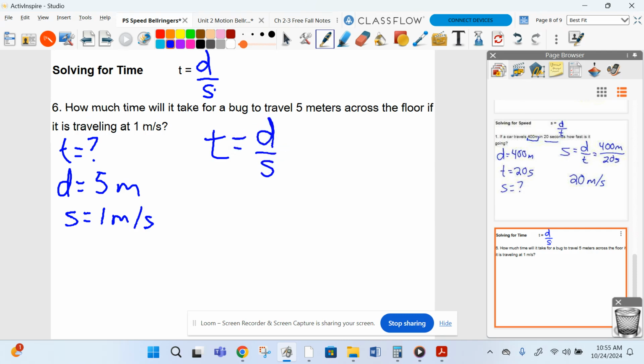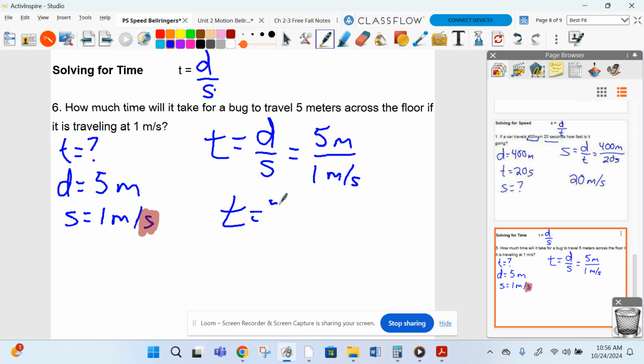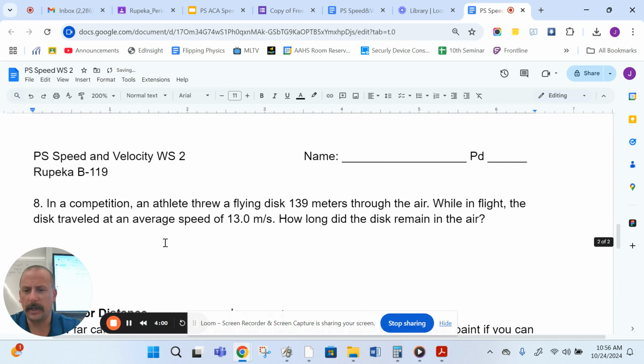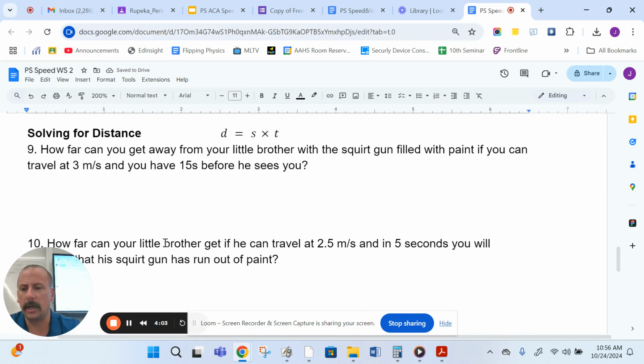Again, this is all just the same equation, rearranged for a different variable. T equals D divided by S. So I'm going to take 5 meters, and I'm dividing by 1 meter per second. Whatever the time units are in my speed, that's going to be my time units at the end for my answer. 5 divided by 1 is 5, and I'm going to have seconds as my unit. So over on the form, or I'm sorry, not the form, I'm just so used to calling it that, time is equal to 5 seconds. And that's solving for time. Let's do an example of